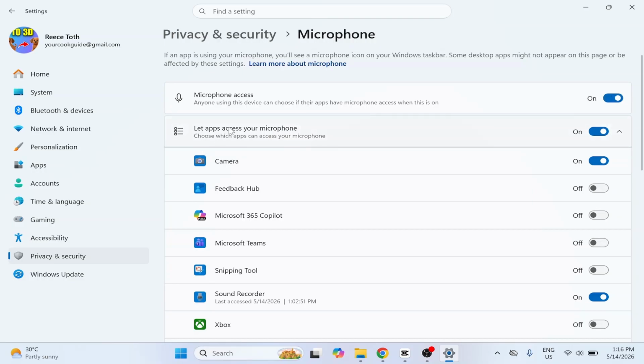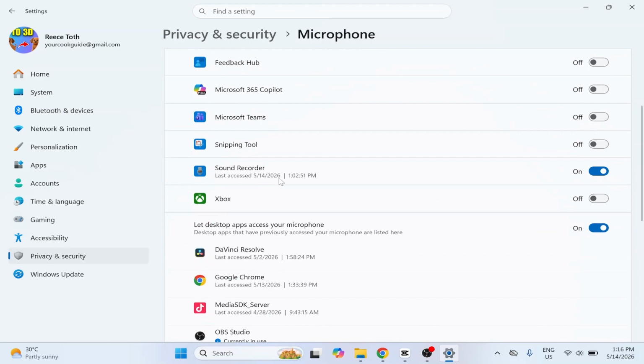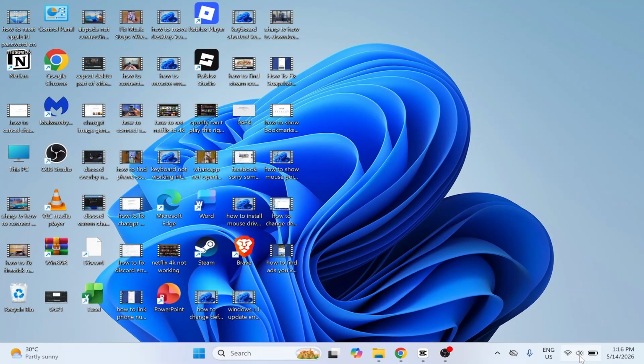Make sure Let Apps Access Your Microphone is also turned on. And then if you see Sound Recorder in this list, also make sure it's turned on. You could then close out of this window, go and right-click on the volume icon in your taskbar, and then